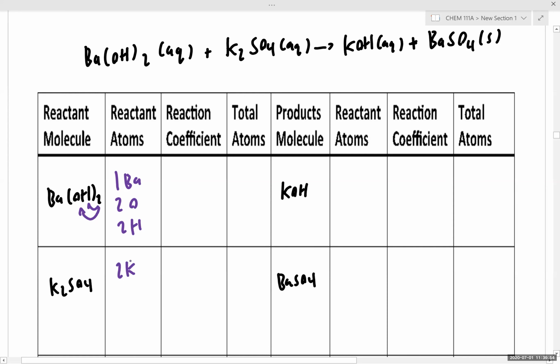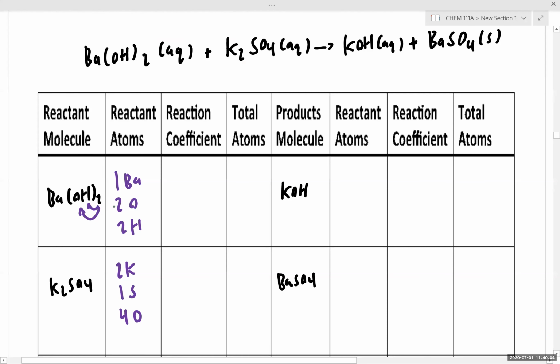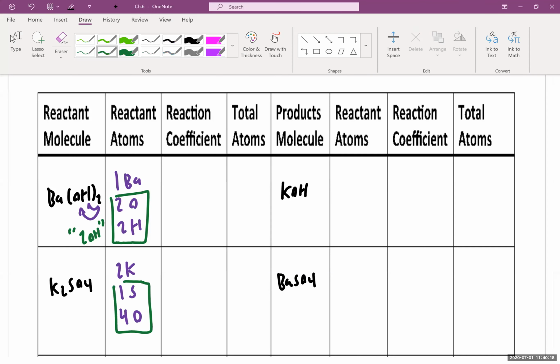We have two potassiums, one sulfur, and four oxygens. And again, I always like when I'm dealing with these ionic equations to bundle my ions together. So you can think of this two oxygen and two hydrogen as two hydroxides. And this will come in handy in a moment because it helps minimize the amount of atom bookkeeping you have